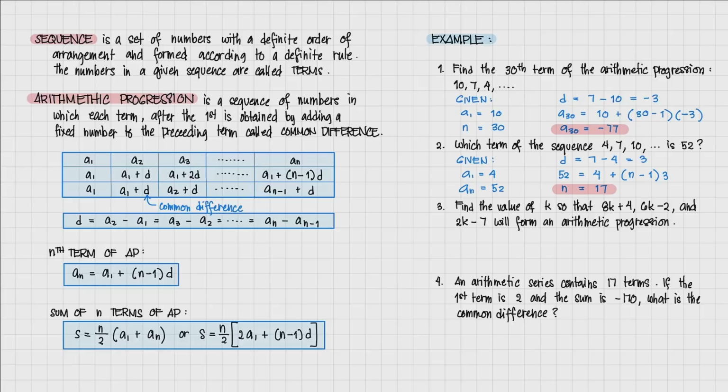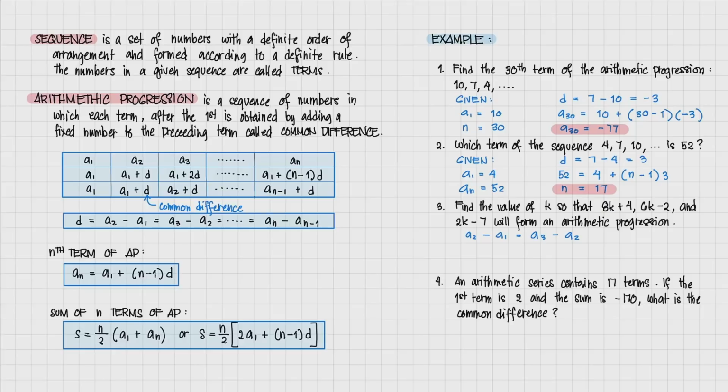Alright, so in this problem, we're going to use the formula for the common difference. We have 3 terms, right? So the common difference would be equal to A2 minus A1, and it would be equal to A3 minus A2. So we could now substitute what's in the problem, these terms,